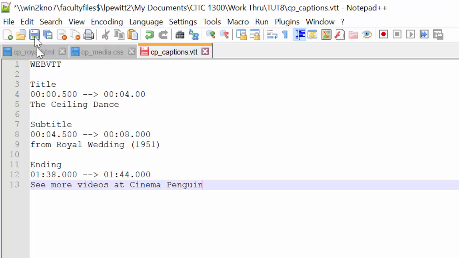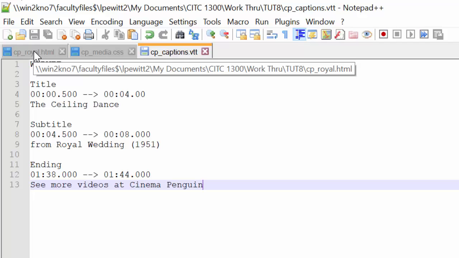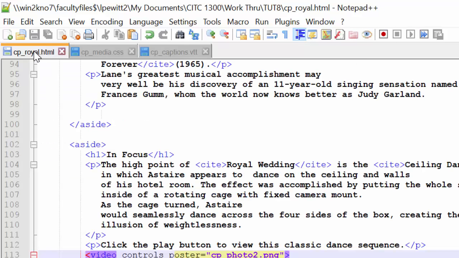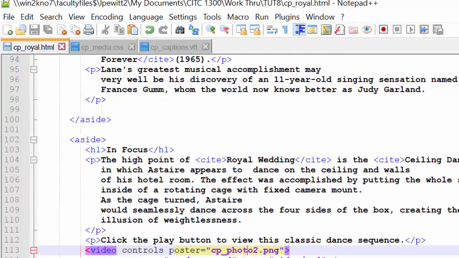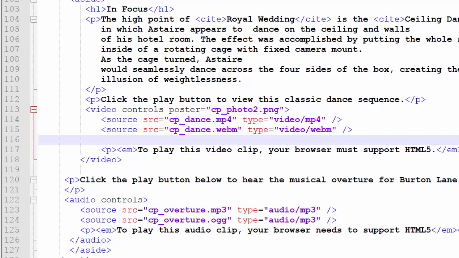Okay, so we can save our changes to this file. Okay, so now we have to go back to the HTML file and go to the video element to tell it that there is a track. Okay, so we're going to put in the track under the video sources. Okay, so we're going to say track